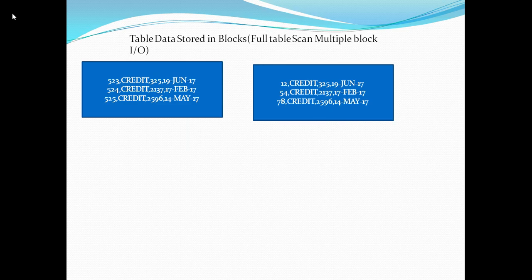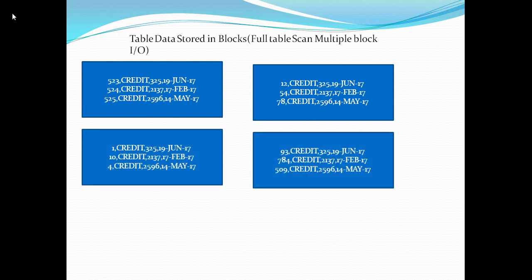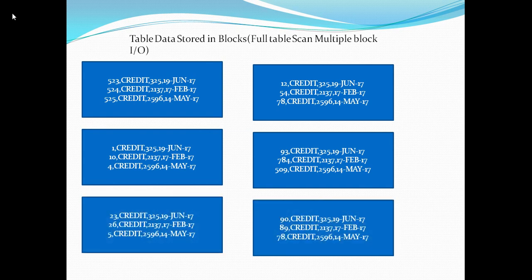When we were using the index, we were doing random IO on scattered blocks. For full table scan, we read multiple blocks at a time, and that too sequentially, which is considered the fastest. So here we read 2 blocks just as reference. Then in the next IO we read 2 blocks, and then we again read 2 blocks.